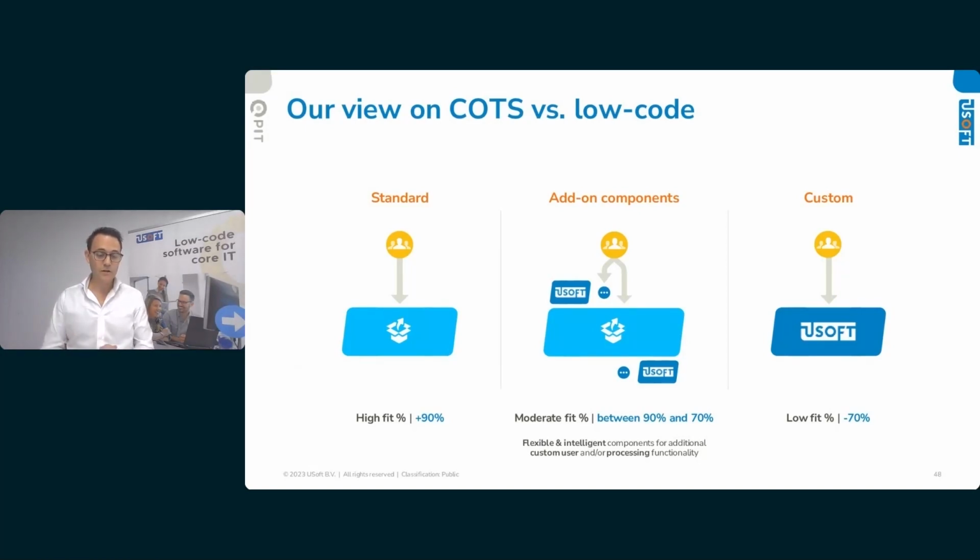And only in cases where the uniqueness of the process or the competitive power of the process is so important that it really needs to be specifically tailored to you, that is when you should consider making something custom, which could be large or small. And you can do that with either high code or low code, with some significant benefits of using low code in terms of speed and total cost of ownership.